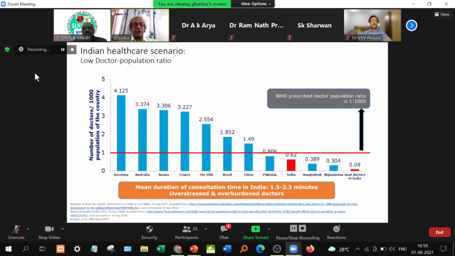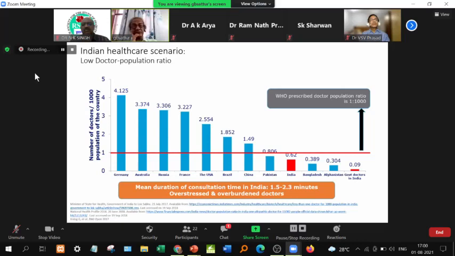You can see that it is not US. On the extreme left corner, it is Germany. The doctor population ratio is excellent in Germany, not in US, and India, along with other third world countries, falls down where maybe around 10,000 people have one doctor. And these doctors include the Ayush doctors, the homeopathic and other specialties, thanks to the government of India, who want to make them surgeons in the next couple of years of training. Maybe they may do lap surgery one day, end up doing lap cholecystectomy.